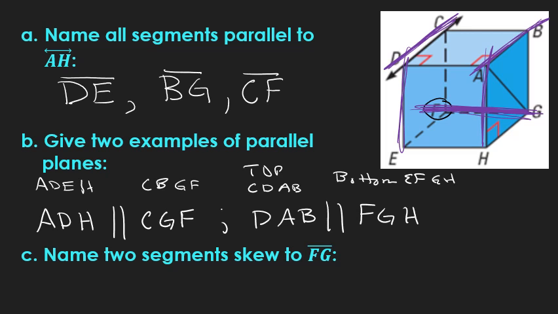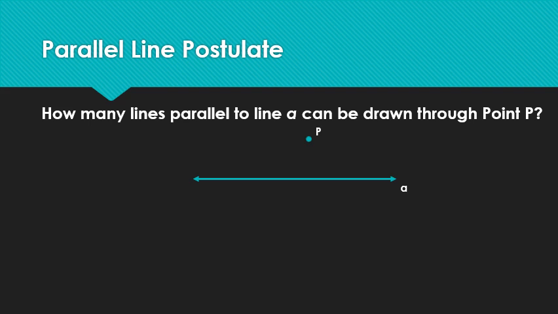So any of those would be examples. Segment CD would work. Segment DE would work. Segment HA would be an example, and segment AB would also be an example. I think the remaining segments would be parallel, so they would not work. All right,